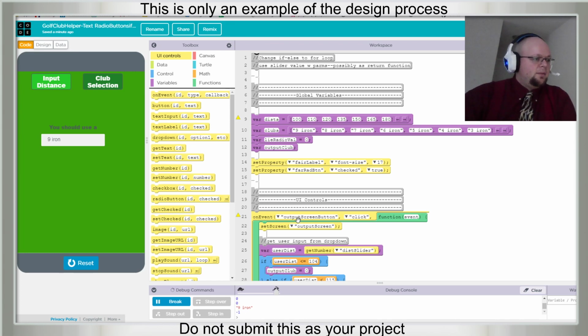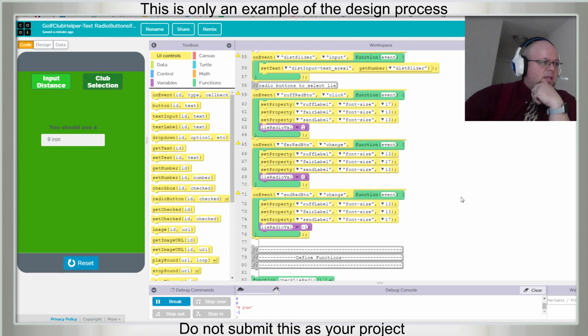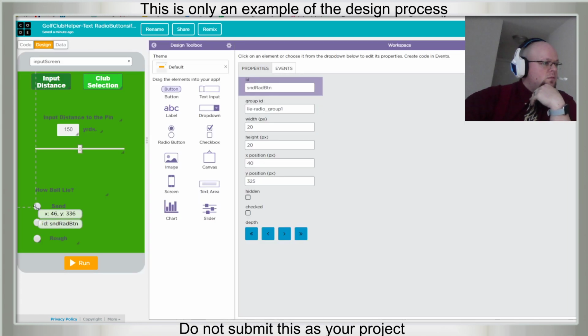Now, let's see if we can do that thing. Is there a way to, live radio group 1 is the name of this.